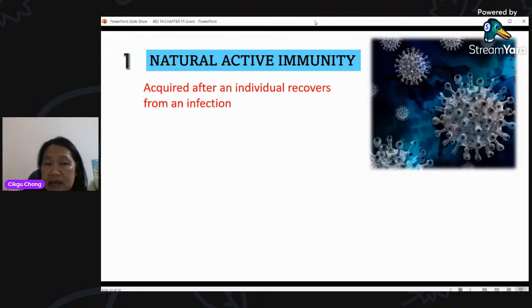If you want to get this immunity, which is natural active immunity, you have to fall sick. You have to be infected. The virus enters your body, and your white blood cells are triggered to produce the antibody. After that, it will remain in your body, and you are protected for life. Usually the effect is long lasting. That explains some of the reasons why certain diseases you only get